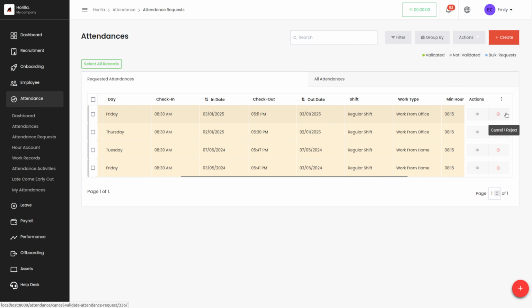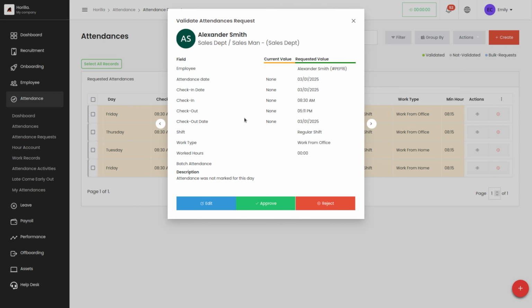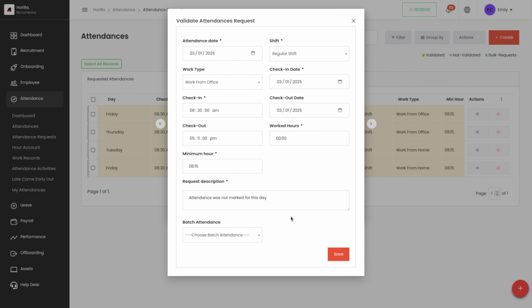Here we can view that she'll be able to view the attendance request, and she also has the approve option by which she'll be able to approve the request created by that employee. And you also have the edit button over here with which she'll be able to edit the request created by that employee.